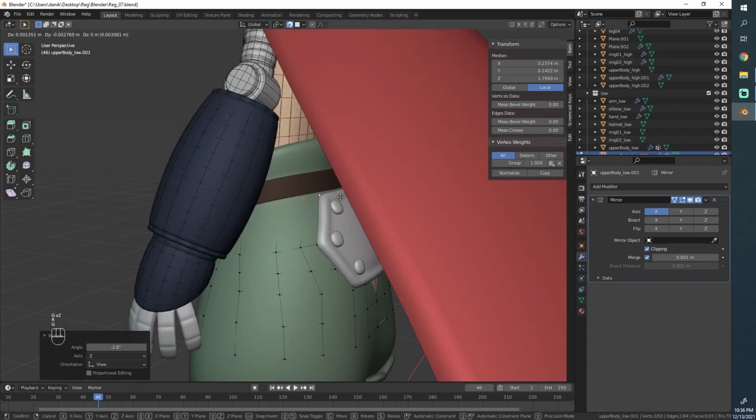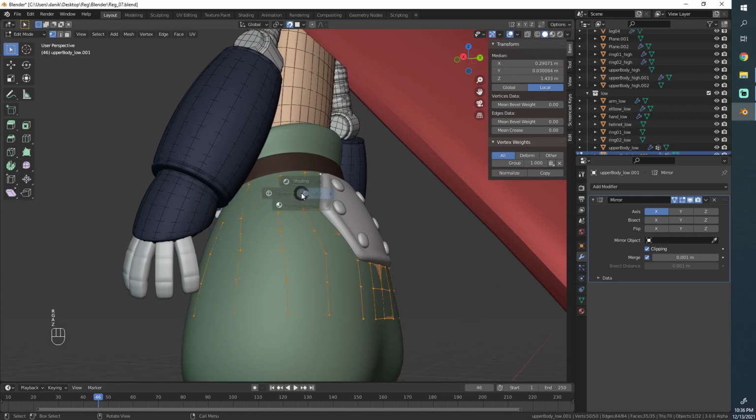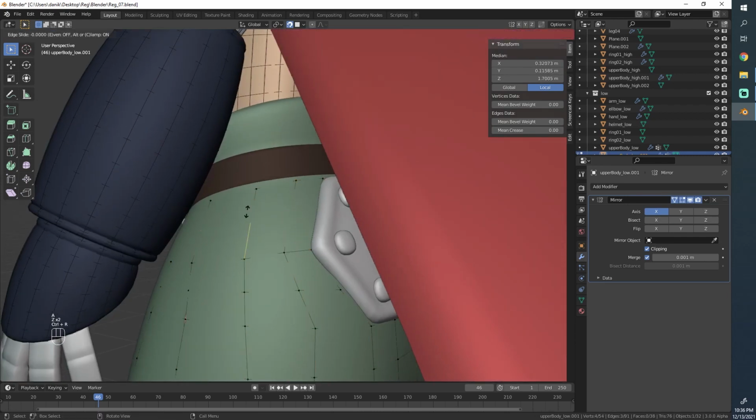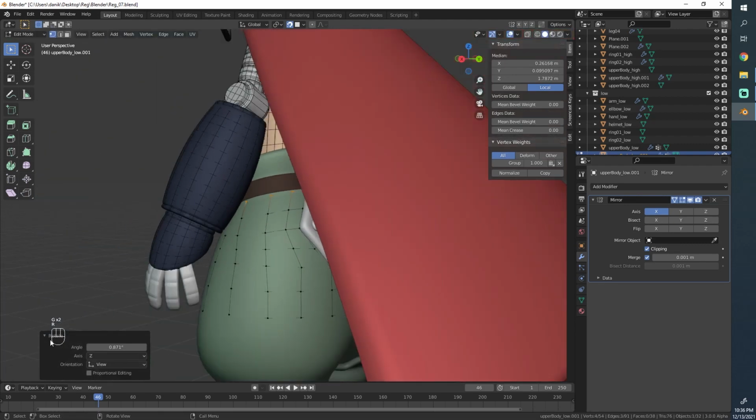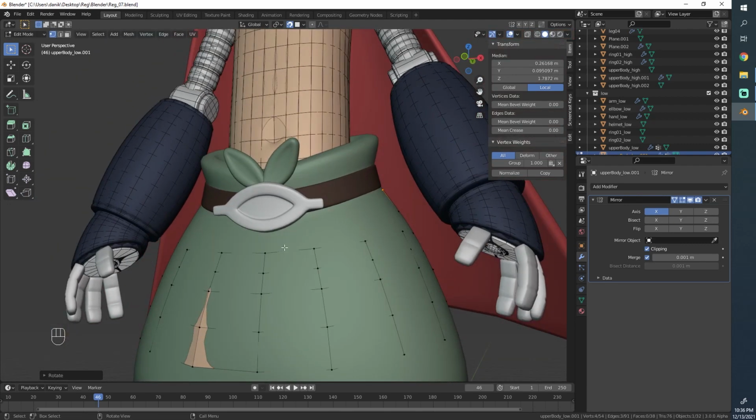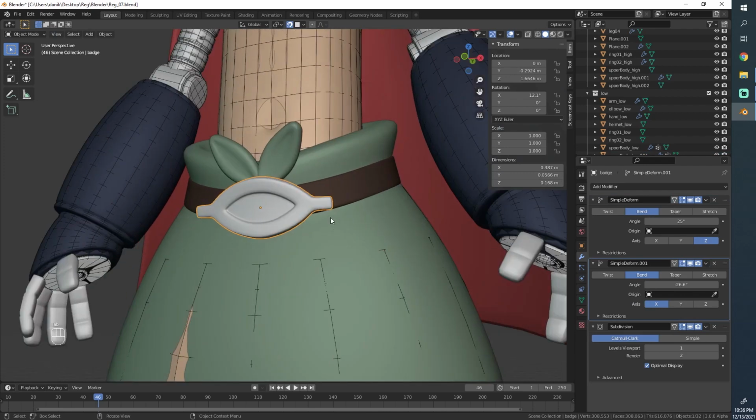So, you know, you just extrude around. Am I going to say the same thing for the next half an hour? You know, just extrude, move. Well, you probably will get in the flow sooner or later, and it will be all very quick and easy.